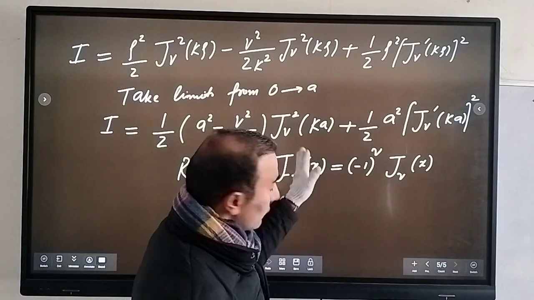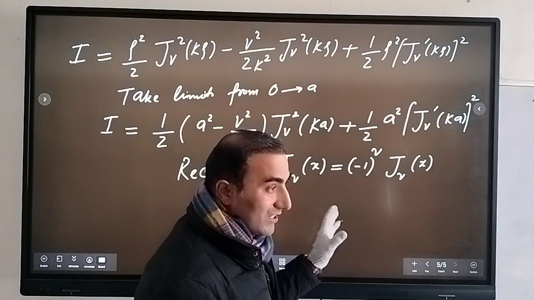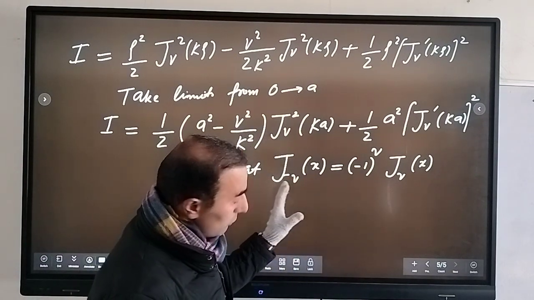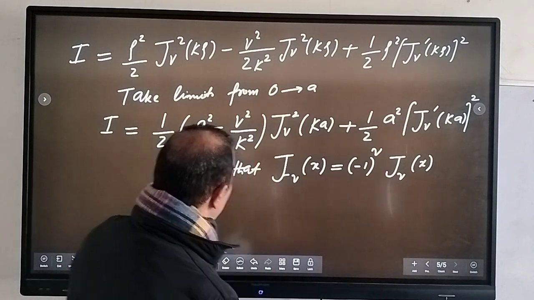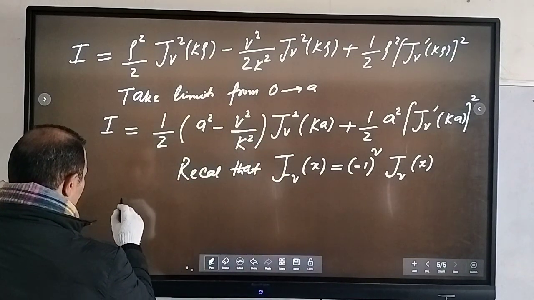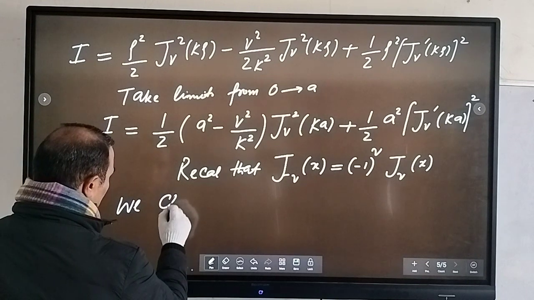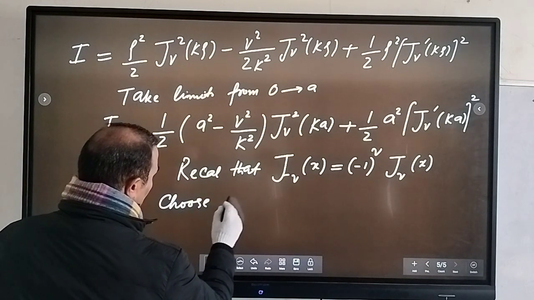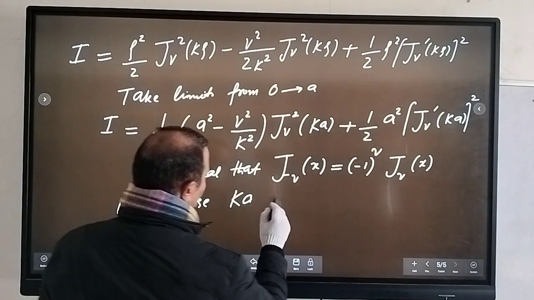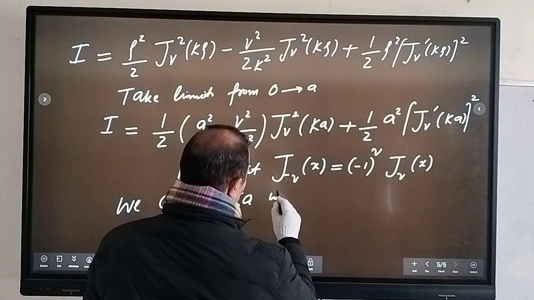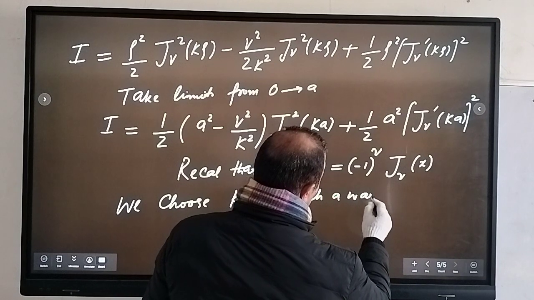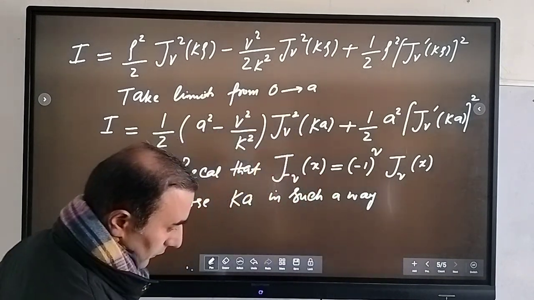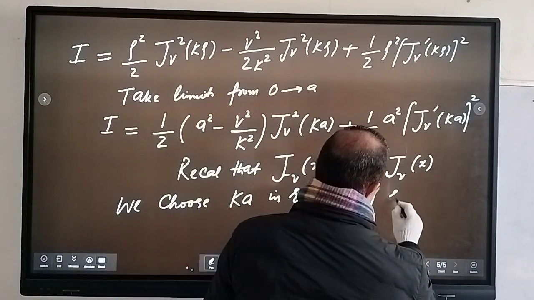Now, because x is our k, we need to choose k in such a way so that our Jn of k equals 0. So what I'm writing now is: we choose ka in such a way so that